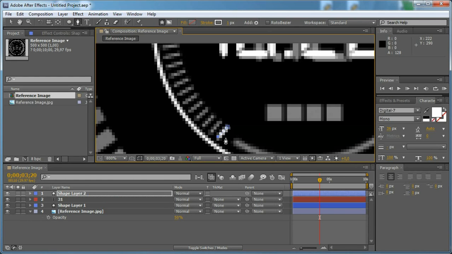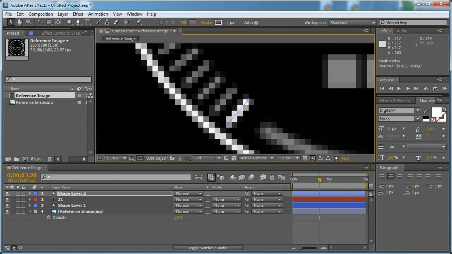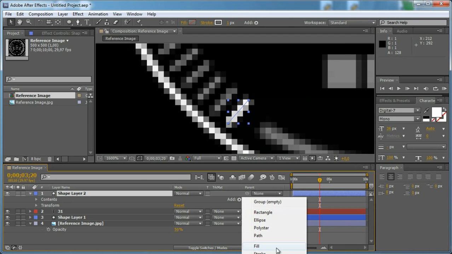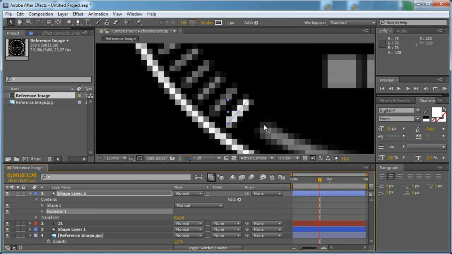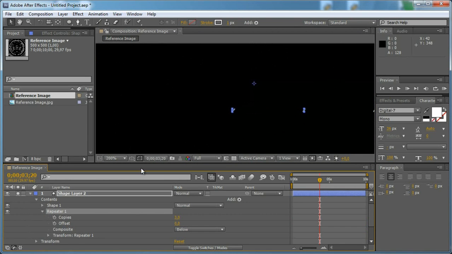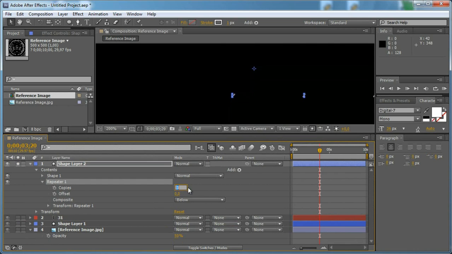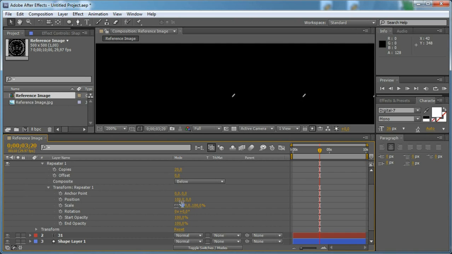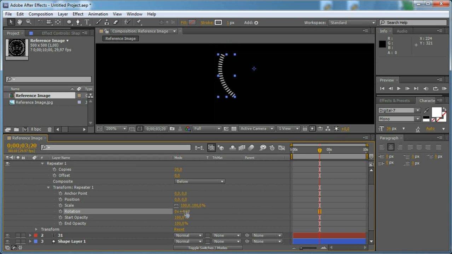Now let's take our pen tool and just draw a shape just like so, and we are going to use the repeater for this purpose. And let's open the repeater options, increase the number of copies to 20 for example, open the transform repeater and set the position to 0 and set the rotation to 1 degree or so, maybe 5,